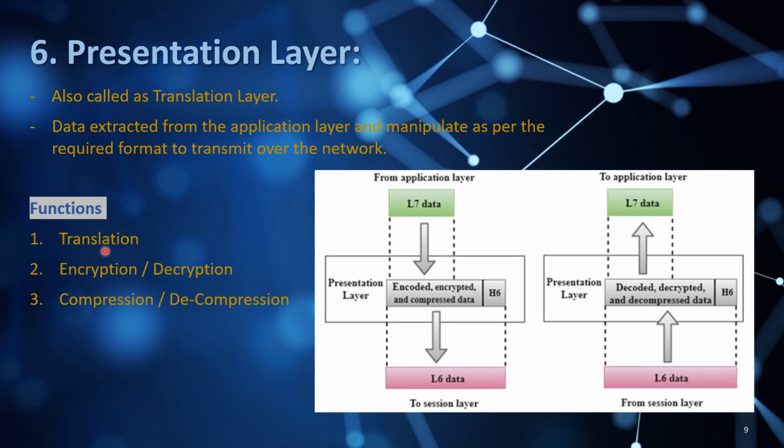The functions are translation, encryption, decryption, compression, decompression. For encryption and decryption, we can use a key to encrypt the data and decrypt the data. That is why the data is secured when we are sending it over the internet, because encryption and decryption take place in the presentation layer. Let's see the last layer, which is the